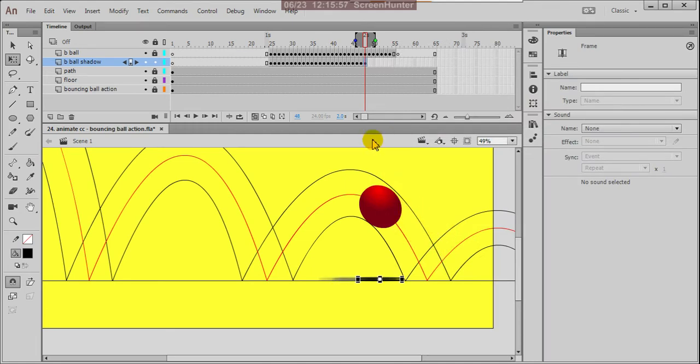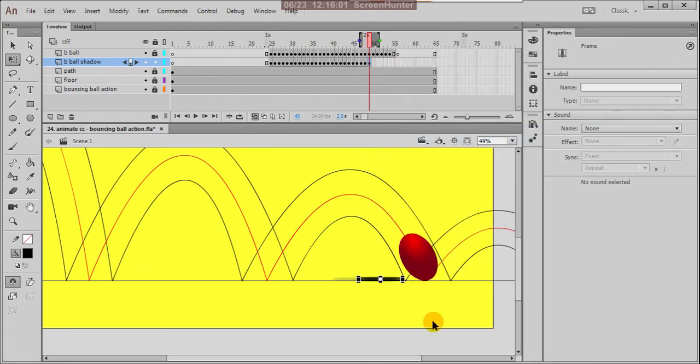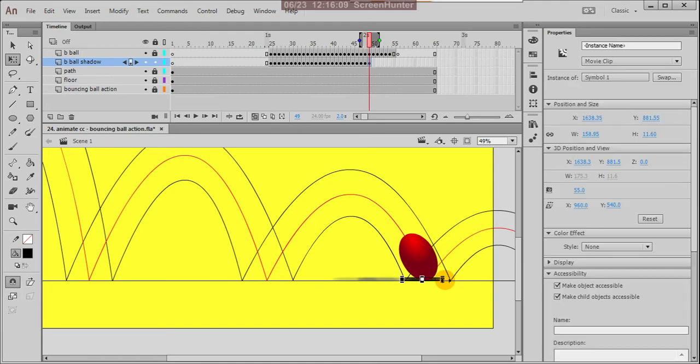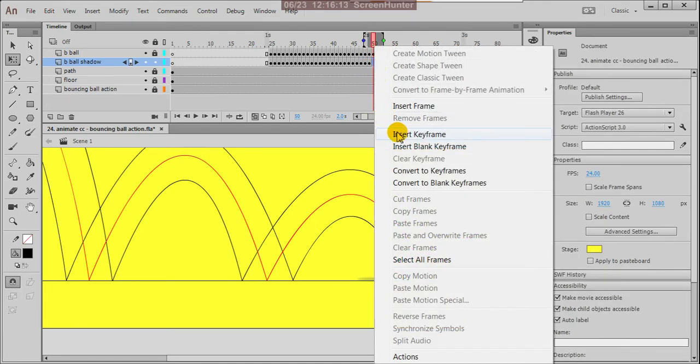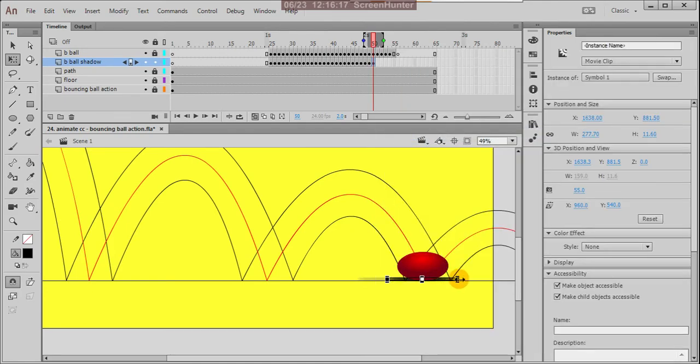Okay, so slowly it is coming down, and insert keyframe. So a bit bigger size-wise. Okay, and here again right click and insert keyframe, and this can be bigger.